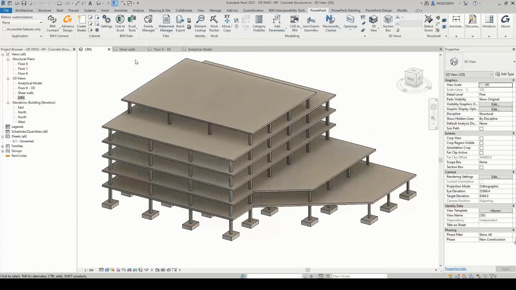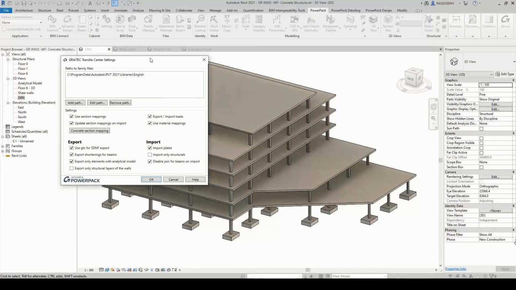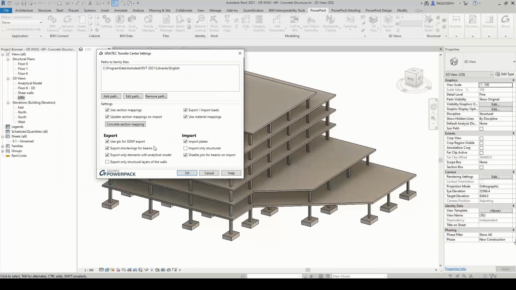So now it's time, based on this model, to export this model to Advanced Design. And for that, we will use the Beam Connect component, which is part of the Power Pack package. We have a direct launch option, which is the Advanced Design option, but we have some settings which enable the user to really monitor what you want to export or import.